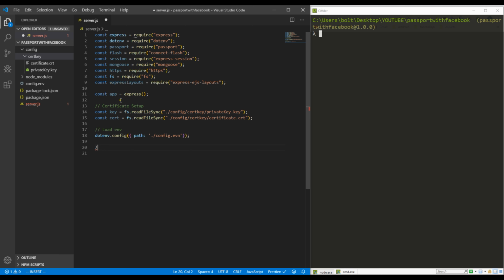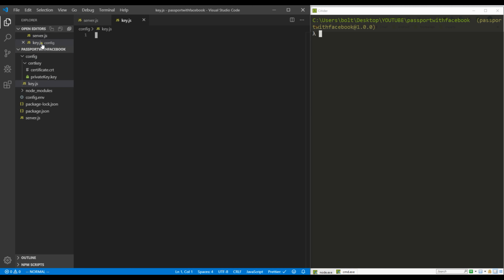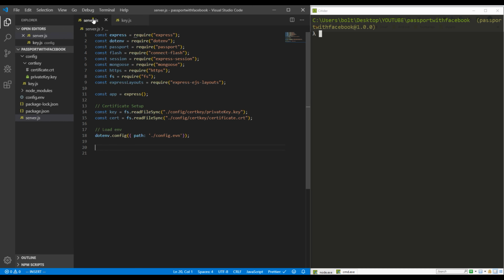Then we also have to create some files before we continue. In our config folder, we have to create a file called keys. So this is where we'll be putting in our MongoDB URL link. So for now, I will still come back for that. The next thing is to